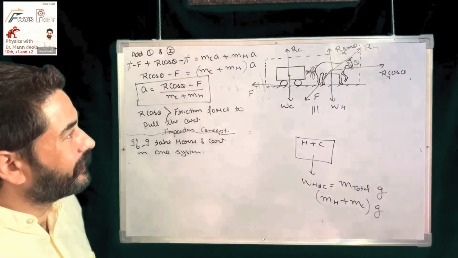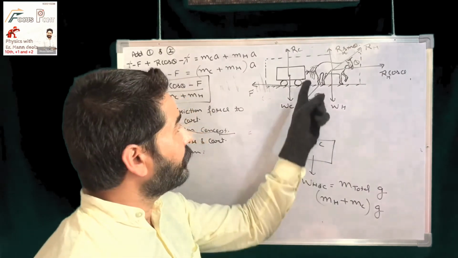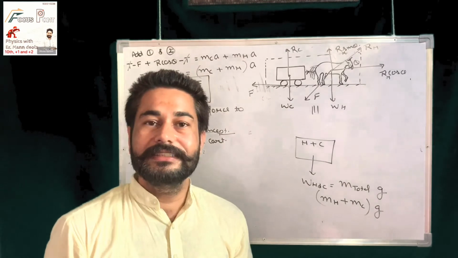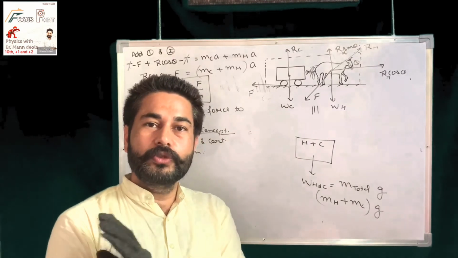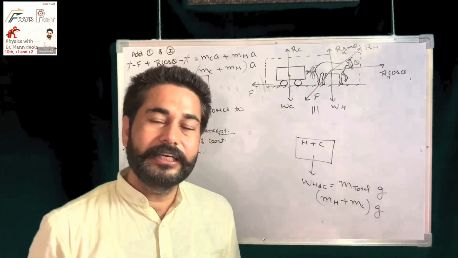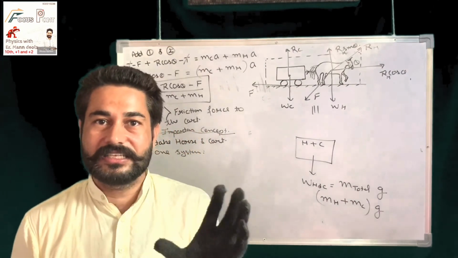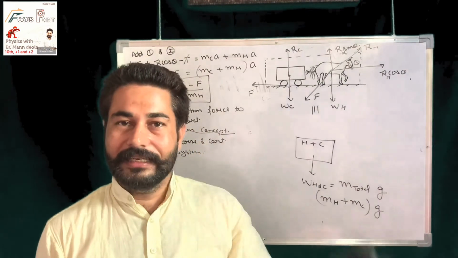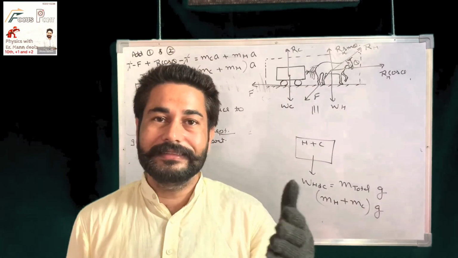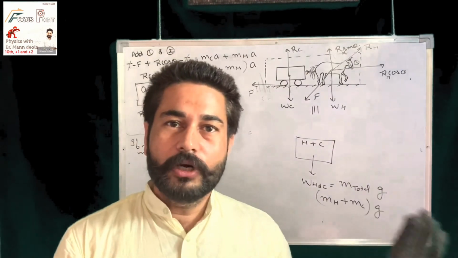Any other force which is acting on this system? Now we are ignoring this, you have to take care. We are ignoring the tension now. We are not considering the tension because that is now an internal force. We do not have to take care of the internal forces. Again I am repeating, it depends upon you how many bodies you take in the system. If both the bodies I am taking in the system, then tension which occurs between cart and horse is the internal force now, that you do not have to bother about.